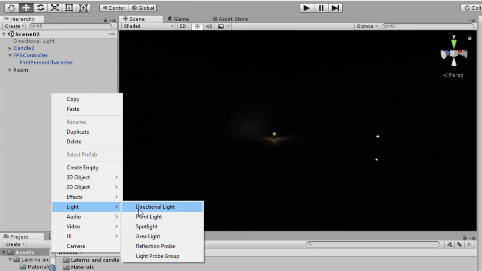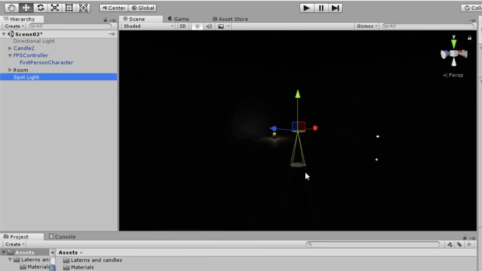We are back in our dark and scary room. What we would like to do is have some light that we can turn on and off whenever we want. A flashlight would be nice. That's what we're going to create in this lesson. Besides using lights a little bit more, it's going to provide us an opportunity to get better at our scripting abilities. Let's start by adding a spotlight.